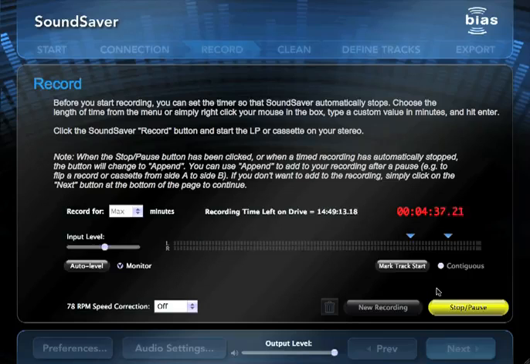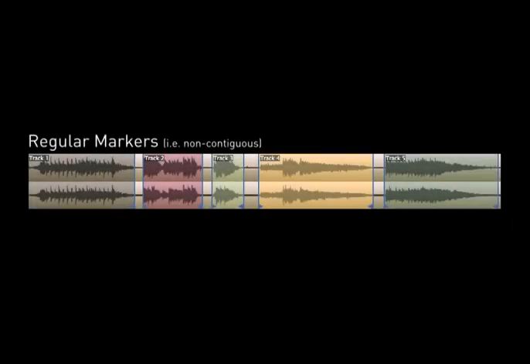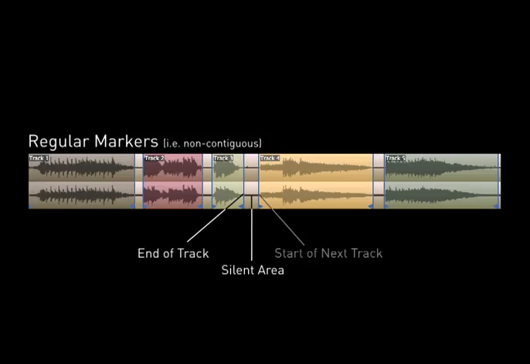If you're monitoring or listening as you record, you can drop in track markers between songs. You can also add these after recording. Depending on the audio content, you can use regular or contiguous track start and end markers. Regular markers define the start and end of a track. These are most often used when working with recordings of typical commercially produced records and tapes, which have clearly defined